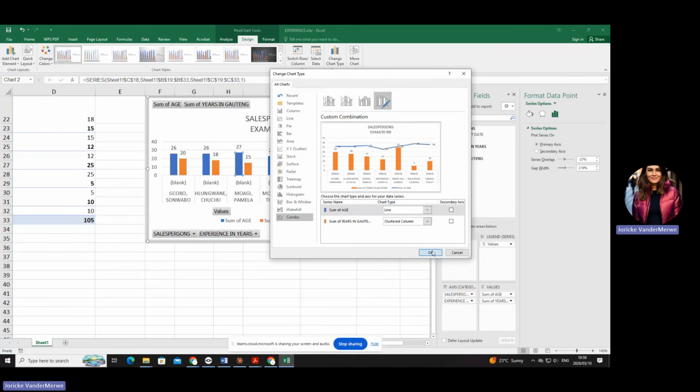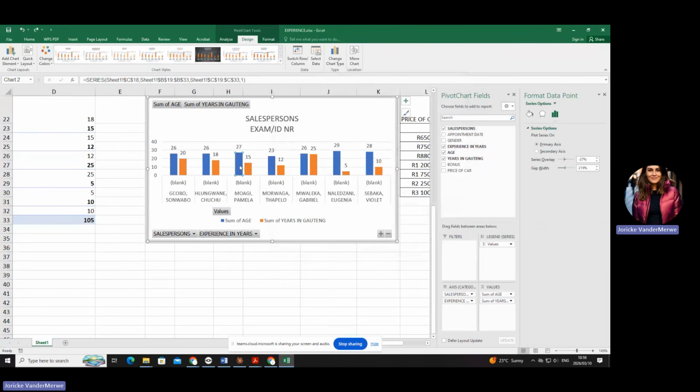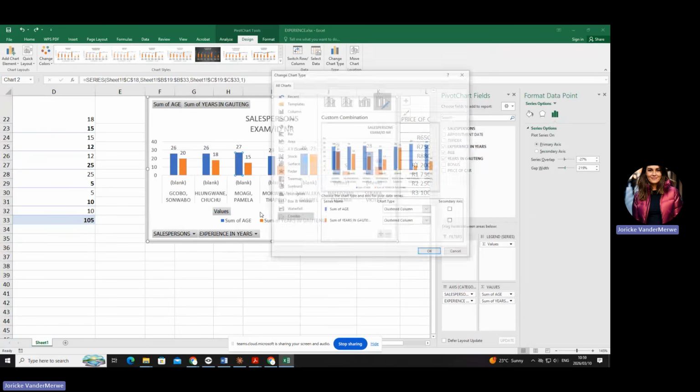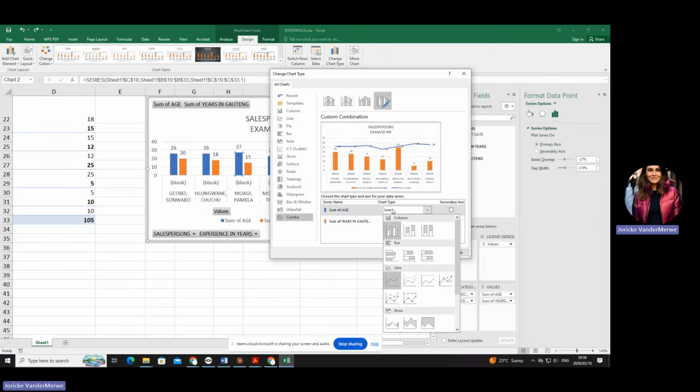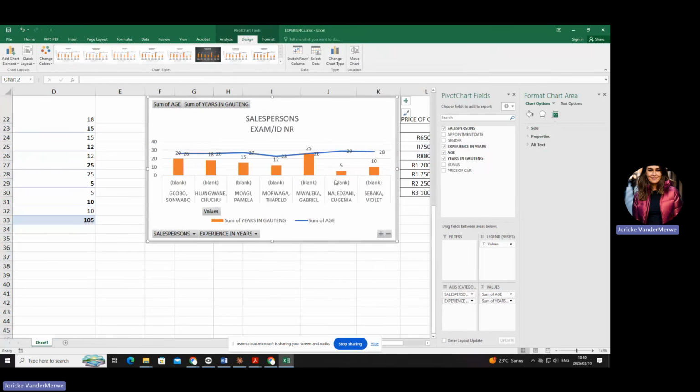So let me quickly show you again. You're going to select the color that they're talking about. In this case, they're talking about H, which is the blue. You're going to right click. You're going to say change the series chart type. And you're going to say the blue one needs to be a line. It can also be one of the others. Then you must choose that. And you're going to say, okay. Can you see the blue has now changed to a line? And the other one is still in the column. Are you with me? Okay. Now, that is the end of D. Are you still with me?